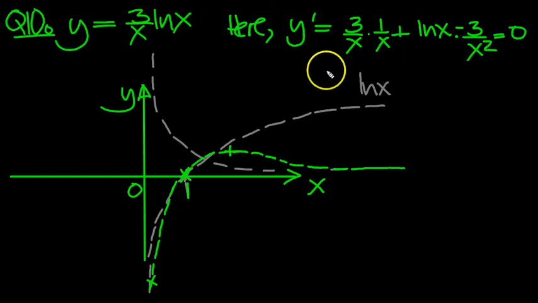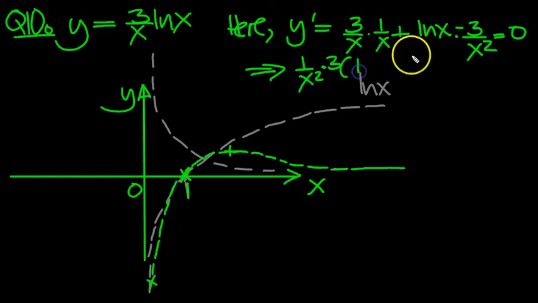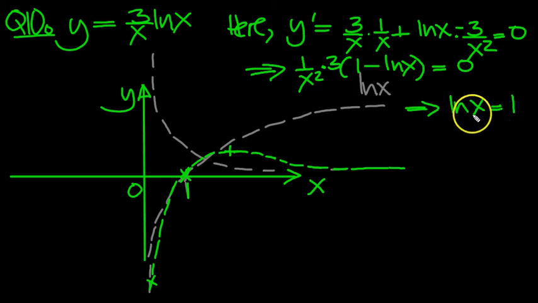There's a 3 and a 1 over x squared common, so that implies 1 over x squared times 3 outside a bracket, and we've got a 1 here and a minus ln x equals 0. So that tells us that ln x is 1, log x is 1. This is log base e, so to undo the log, the e flips down and hits the 1 in the air, and that's how you undo a log. So it's e to the power 1. So this value here is e, and the value here, the high point, is going to be 3 over e, log of e is 1, so it's 3 over e,